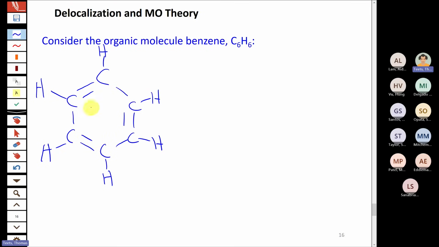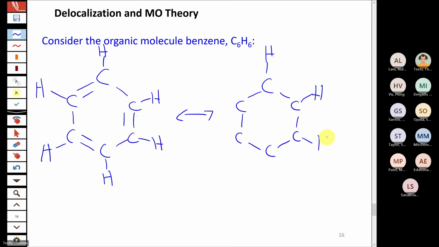Now, what you should maybe recognize is that there are 2 resonance forms for benzene. I drew the double bonds here, here, and here, but I could have also drawn them in the alternating positions. It would have been equally valid. So there's 2 equally contributing resonance forms for benzene, where you just move those double bonds around to the alternate possible positions. So that would be putting double bonds here, here, and here.